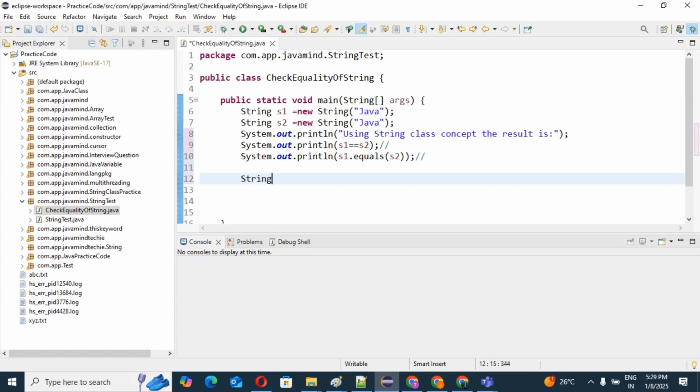StringBuffer sb1 equals new StringBuffer, and in this I am going to pass Java only. Okay, and I am going to copy this line.